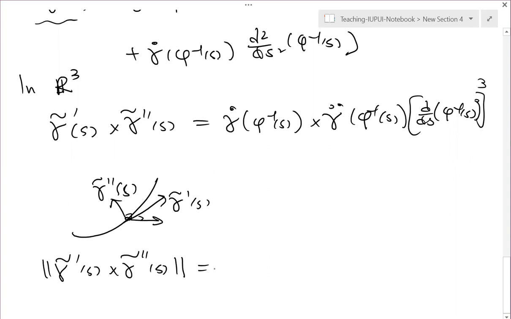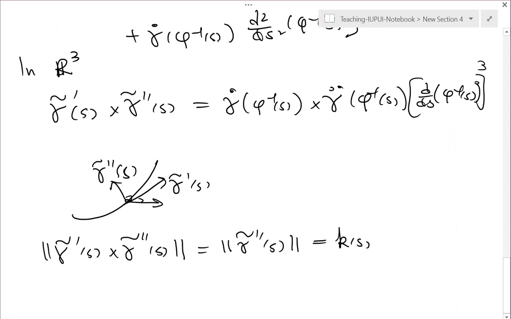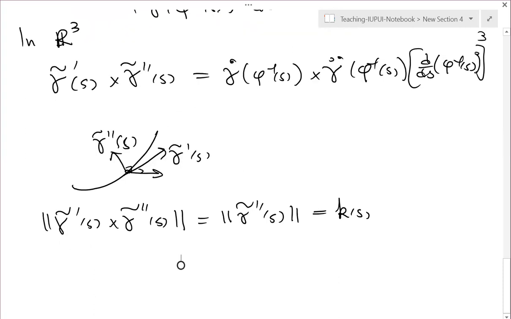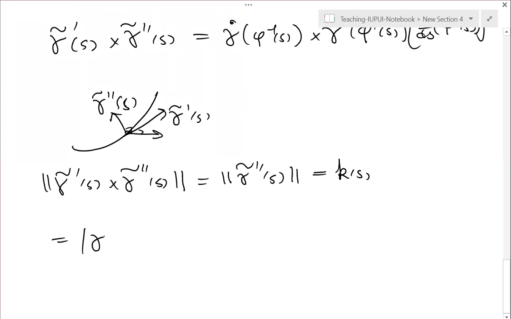Okay, it's really just equal to the length of the vector, and that is going to be ks, the curvature. On the other hand, if gamma double prime is a unit vector, then the cross product gives you another unit vector, so the length will be 1. Otherwise, it's the same. Now, on the other hand, you have